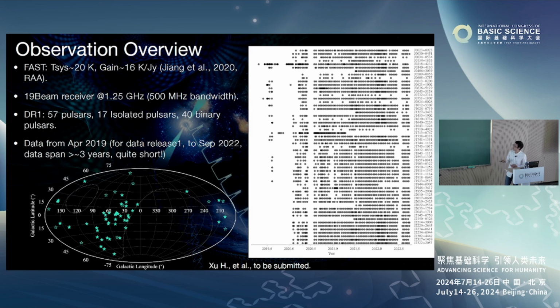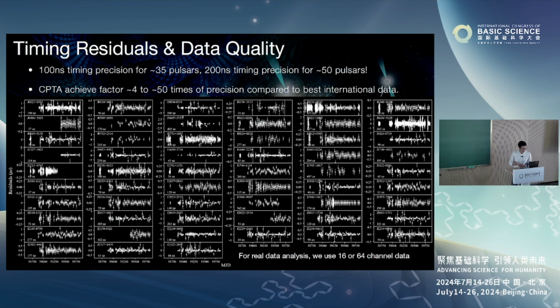In the right figure, I show how the data looks. Each dot represents the observation of each pulsar on that day. So that's basically what the data looks like. And you could see that some pulsars were added later, and some pulsars have less data, and the sampling is less frequent due to the shortage of the total observation time.